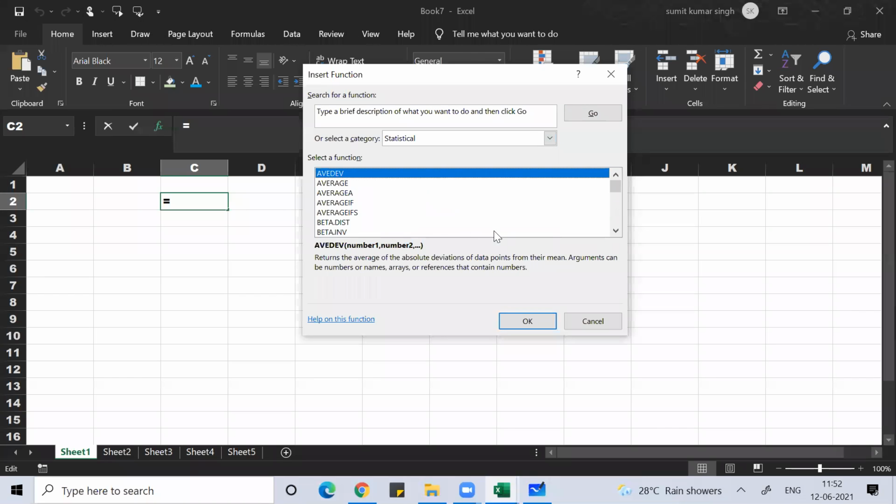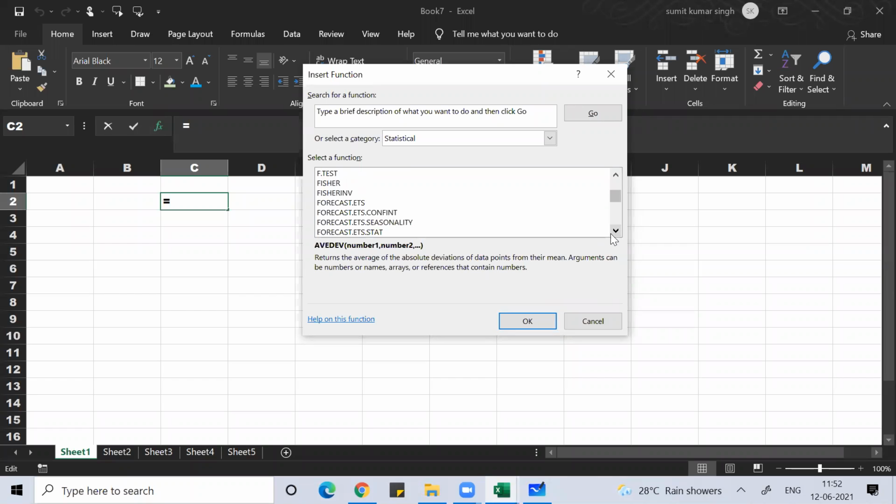Look for statistical function: average deviation, standard deviation, average A, which you can use for alphabetical values, then average if, average ifs, or beta. Those who are from fourth semester finance, they know what beta means. So all these functions are there.